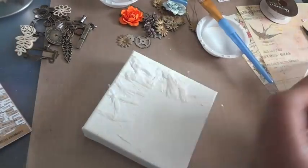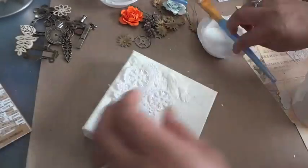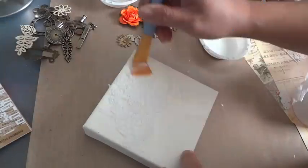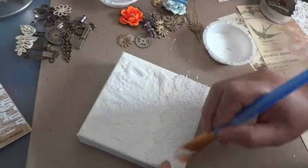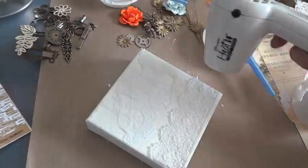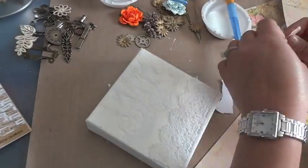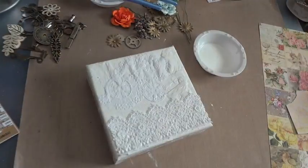Here I have some lace from Hobby Lobby. I'm going to go ahead and incorporate that, and I have this doily from Etsy. Doilies give some really good texture to the base of the canvas. Here I'm taking Prima's Divine paper and I'm tearing up pieces, and I'm collaging them to the side of the